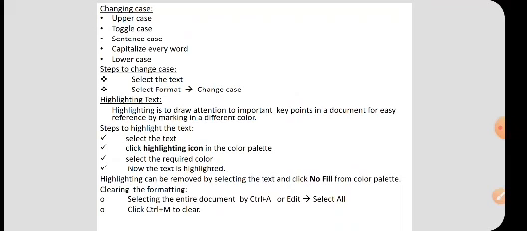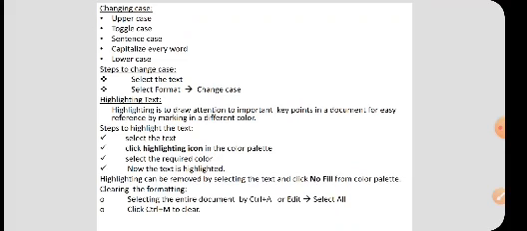Okay, and next, how to clear the formatting. Suppose in this video I have used underline, then bullets and then bold. If I want to clear this formatting, first of all I select the entire document with Ctrl+A or Edit, Select All, and click the shortcut Ctrl+M. So all the formatting will be erased. No bullets are there, no underlines are there. Fully it will be removed. So that is clearing the formatting.